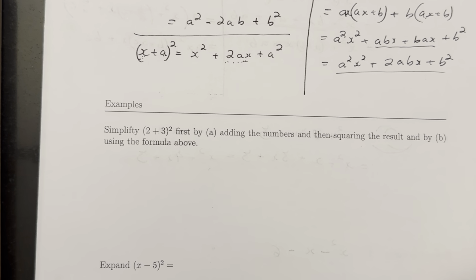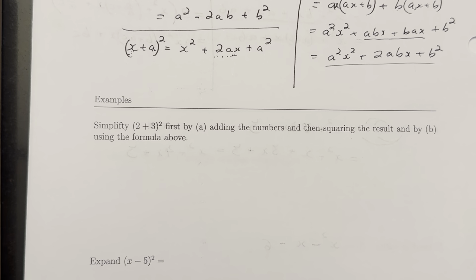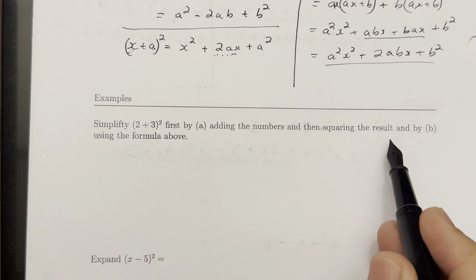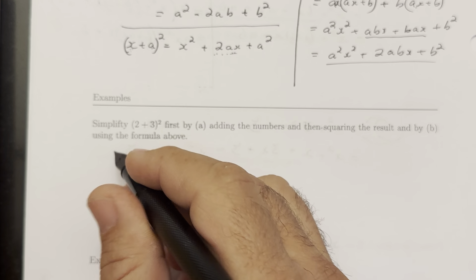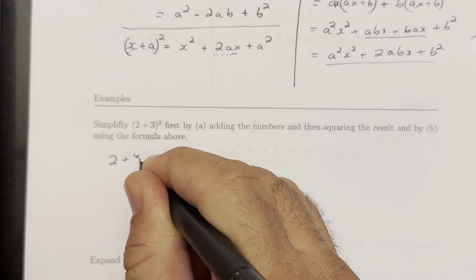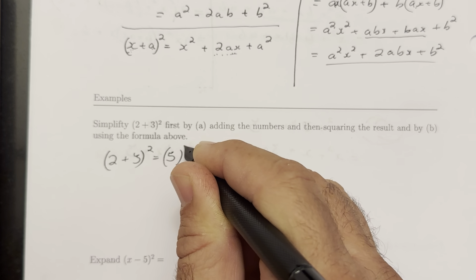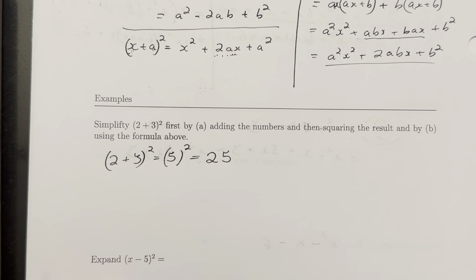All right, so we've got a couple examples here. We want to simplify 2 plus 3 quantity squared, first by adding the numbers and then squaring the result, and b by using the formula above. So 2 plus 3 quantity squared is the same as 5 squared, or simply 25. Now if we use the formula above, 2 plus 3 squared